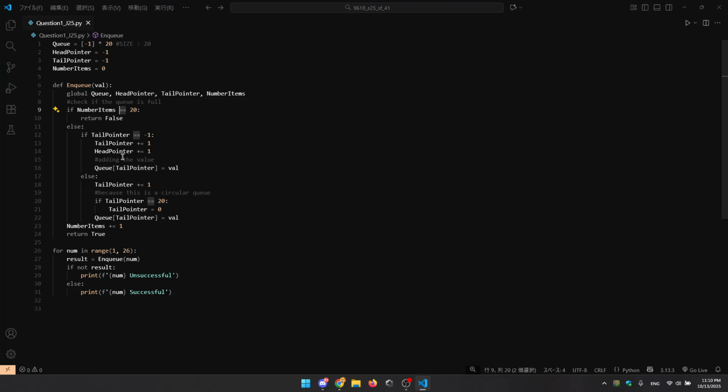Instead of writing equal to 20, what if it's greater than 20? So let's just put greater than or equal to. But I think equal to does the same job, because as soon as it reaches 20, you know that the queue is full. The reason why we need to use the circular queue, not an error check, is basically